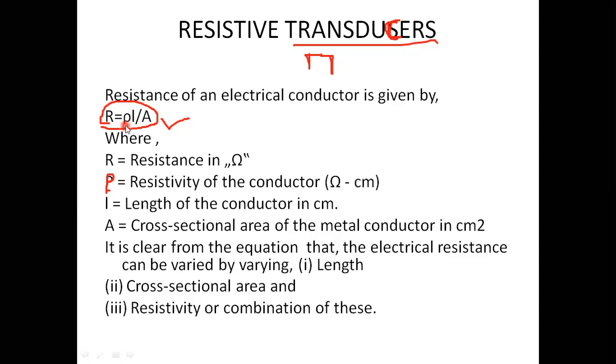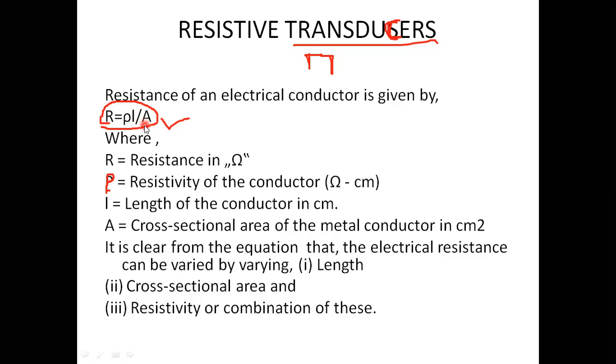Means if a material is contaminated, like rusted, or if it reacts with any other substance or a gas, then resistivity rho may vary. And sometimes rho may vary due to variation in temperature. Okay, and L, the length of the material, varies under several conditions like stress, strain, force, temperature, and so on. And A also may vary due to these conditions, right?